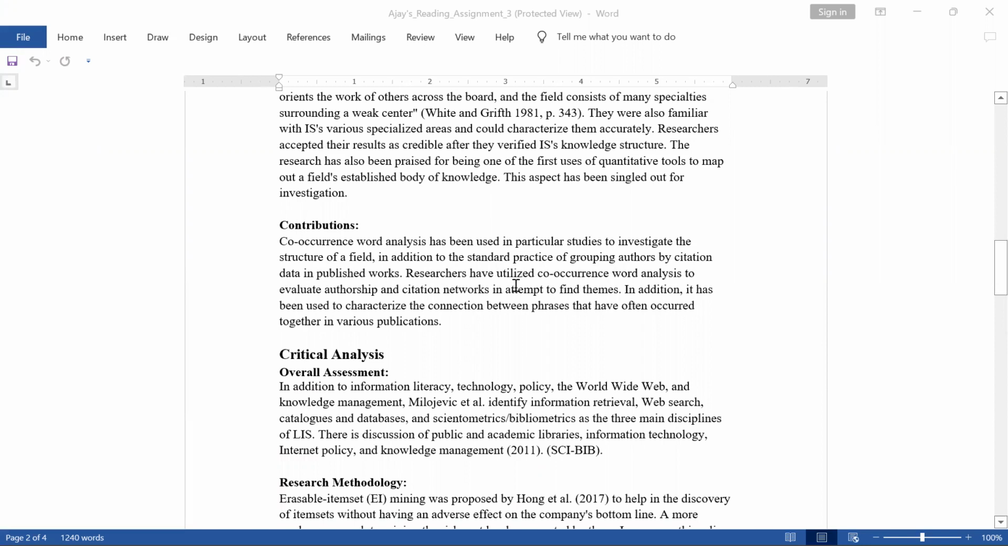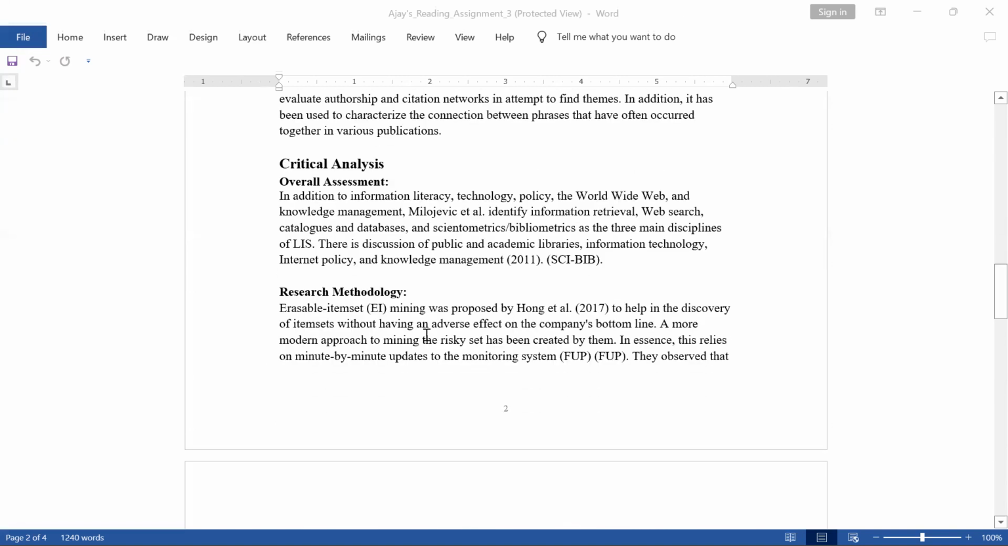Researchers have utilized co-occurrence word analysis to evaluate authorship and citation networks in an attempt to find themes. In addition, it has been used to categorize the connection between phrases that often occur together in various publications. And coming to critical analysis, the overall assessment of this paper is